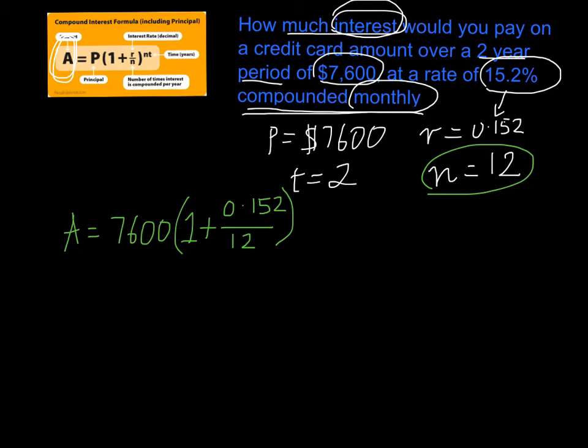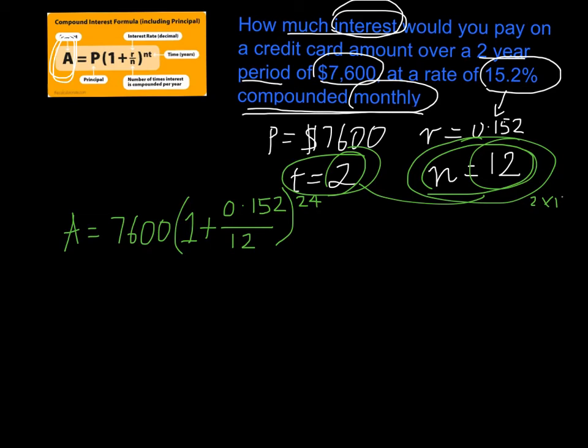That is then to the power of t times n. So I've got t times n. I'm just going to do 2 times 12 straight away and put 24. We know that we've done 2 times 12. So 7,600,